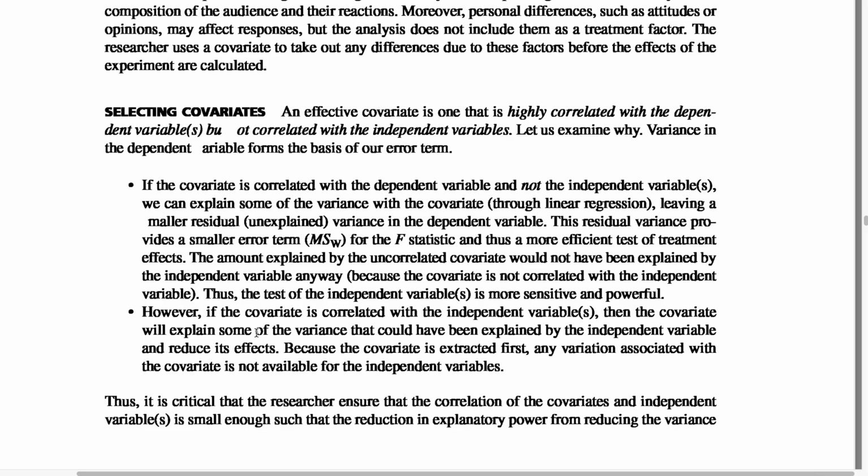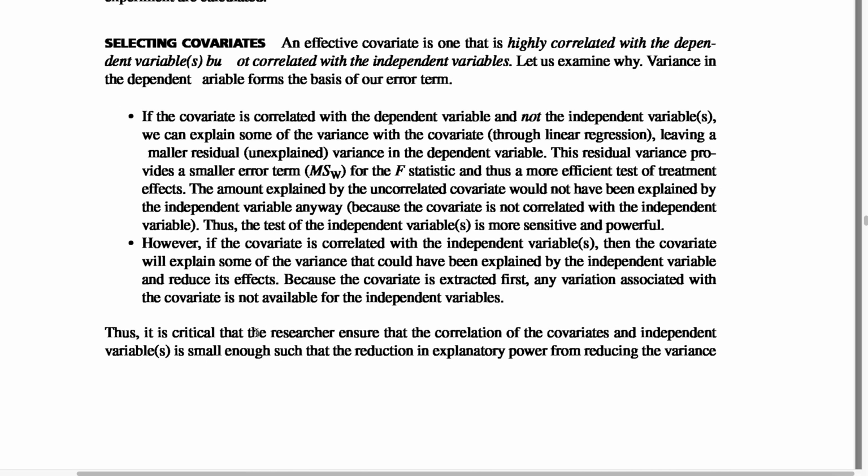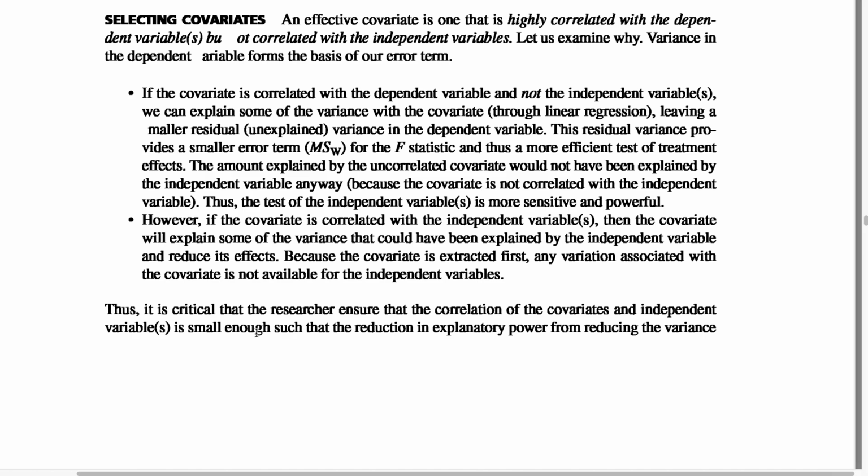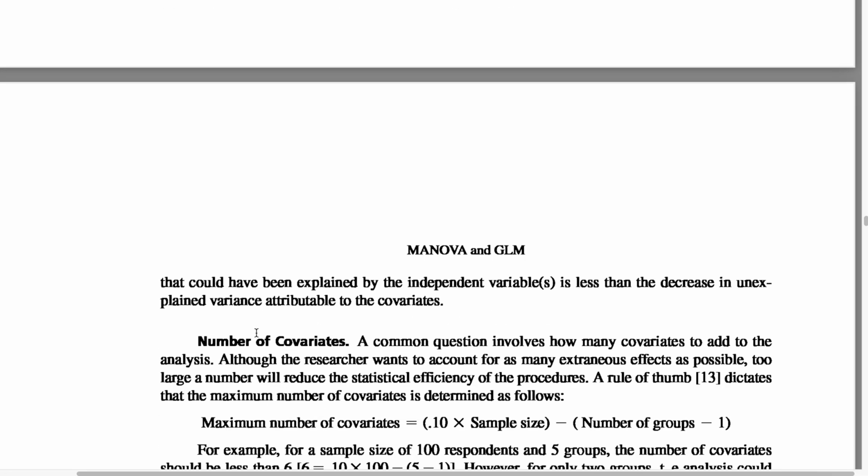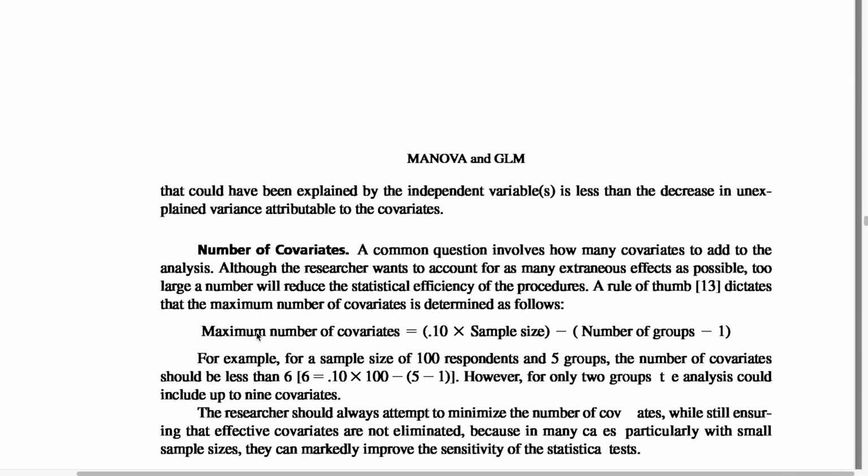Any variation associated with the covariate is not available for the independent variable. Thus, it is critical that the researcher ensure that the correlation of the covariate and independent variable is small enough that the reduction in explanatory power from reducing the variance that could have been explained by the independent variable is less than the decrease in unexplained variance